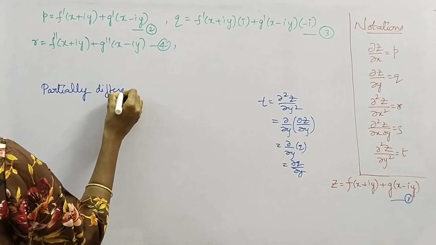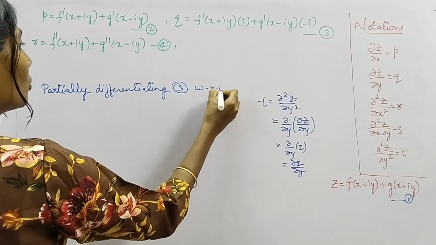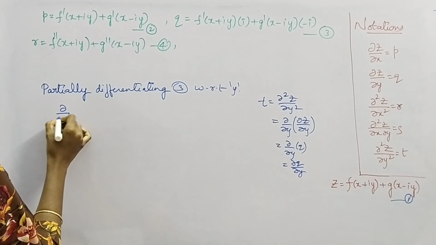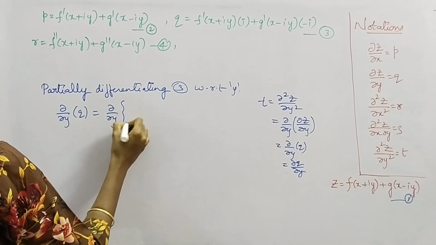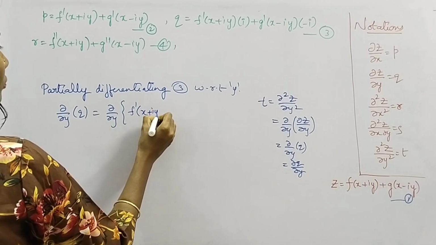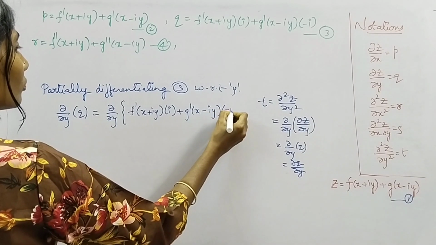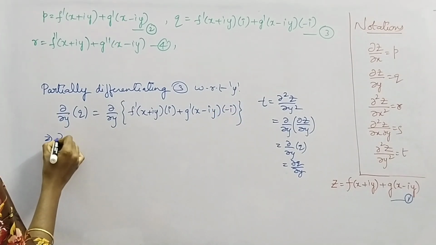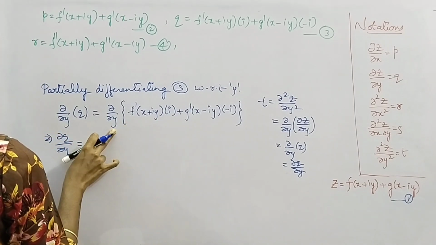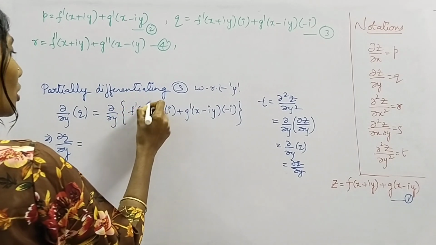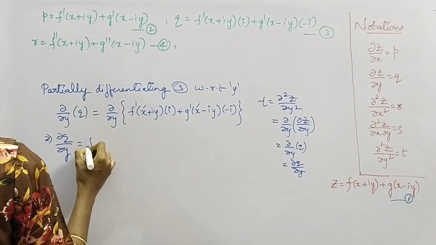Partially differentiating 3 with respect to y. Just apply dou by dou y on both sides of 3. This gives us dou q by dou y equal to partial. Here we are partially differentiating with respect to y, so we'll treat x as constant. Here x are constant. Okay, this gives us partial derivative of f dash of x plus iy is f double dash